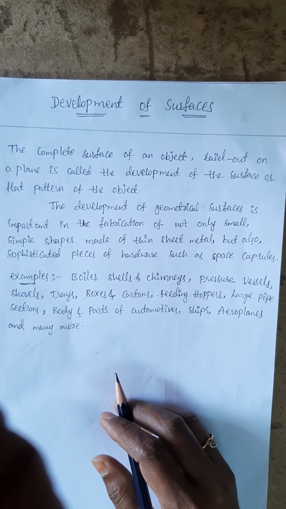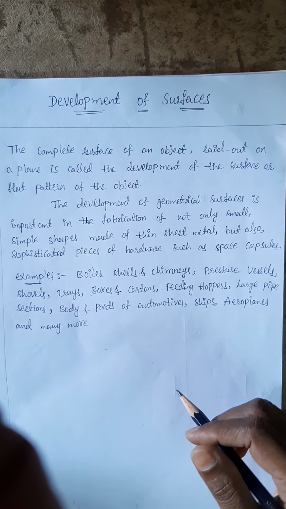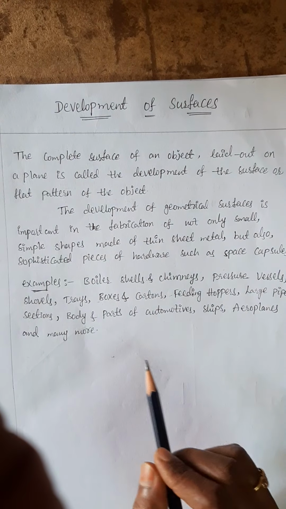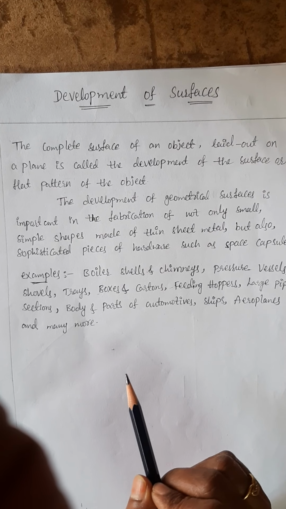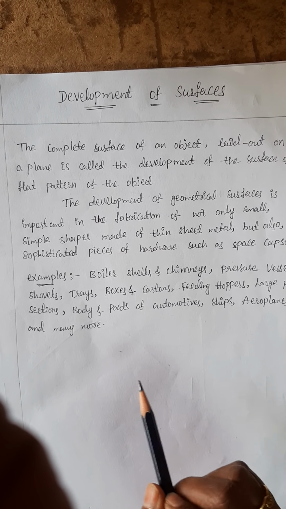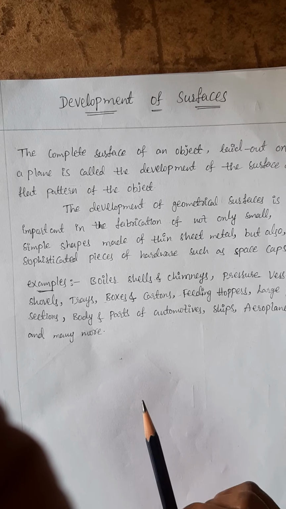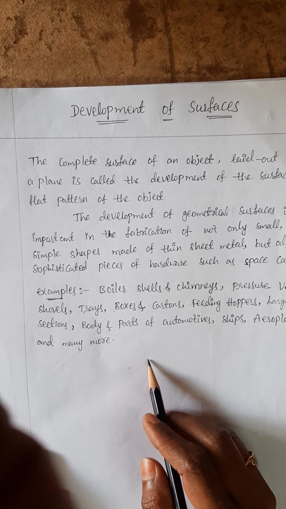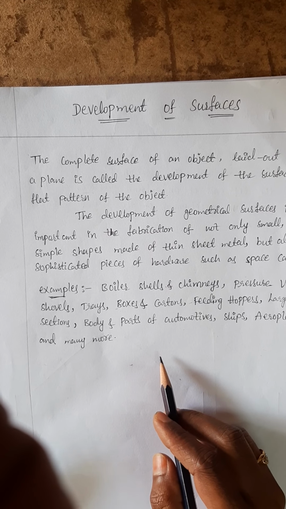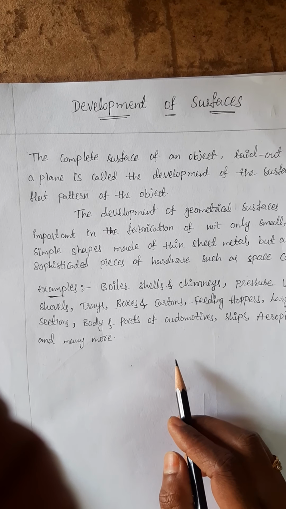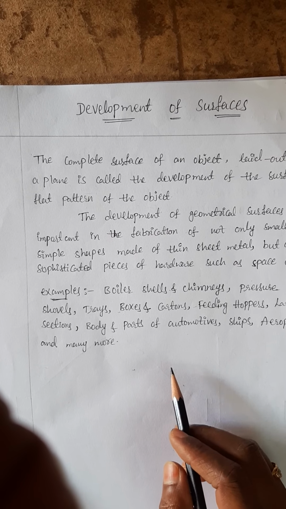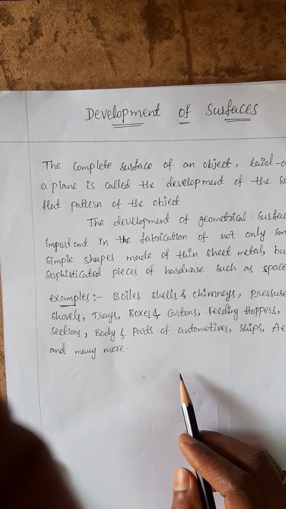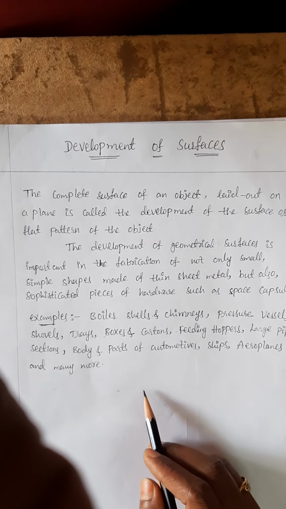What is the lateral surface? Lateral surface is the surface excluding the solid's top and base. What is the engineering application of development of surfaces? There are so many products or objects which are difficult to manufacture by conventional manufacturing processes because of their shapes and sizes. Those are fabricated in the sheet metal industry by using the development technique.